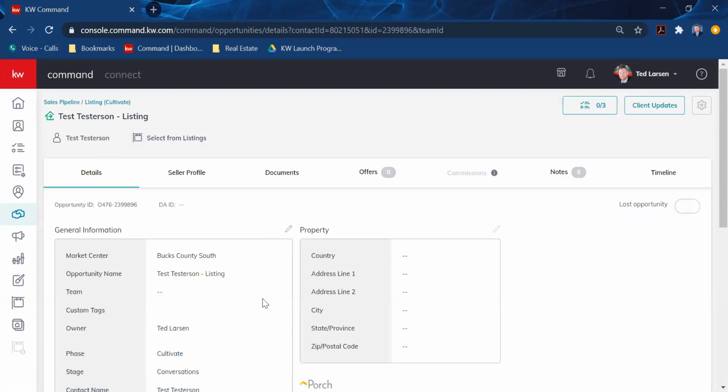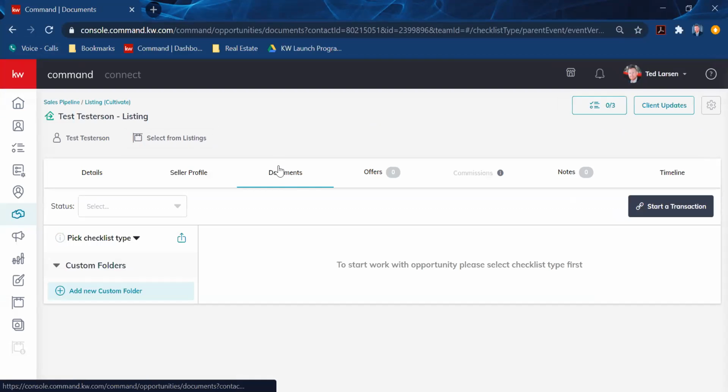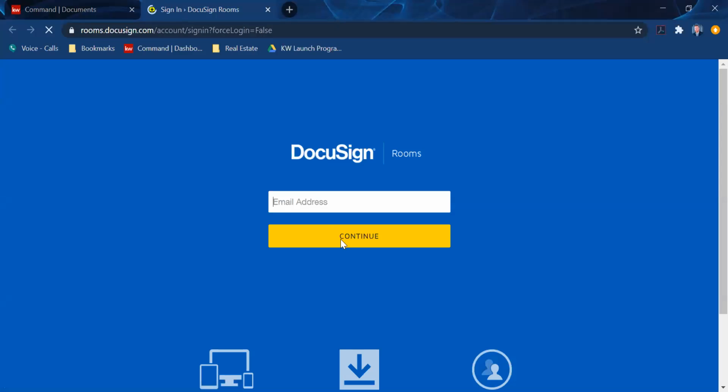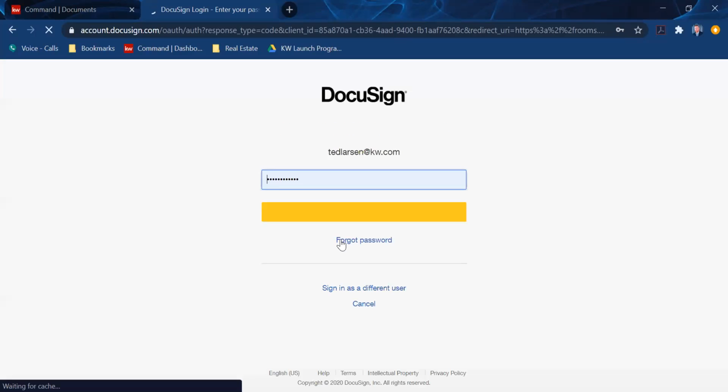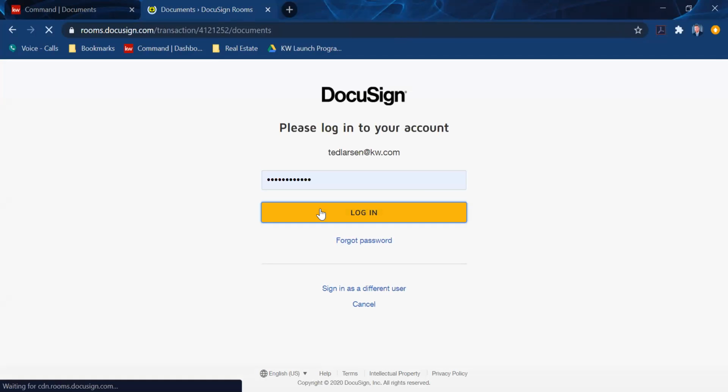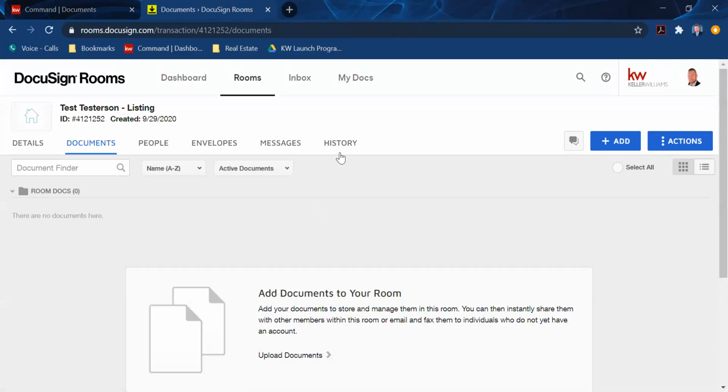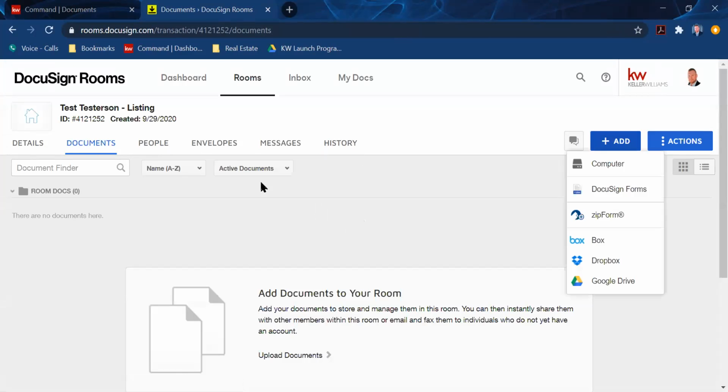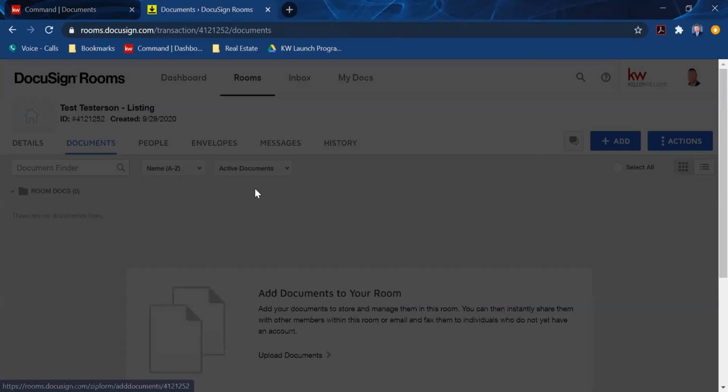Right, so you can fill in this information. What we want to do is go to the Documents tab, and this is going to be your checklist as well. When we start a transaction, it's going to automatically link your transaction name to DocuSign. Let me just log in real quick. Now, this isn't a DocuSign class, so we're not going to go through the actual steps of doing the full transaction through DocuSign. That's another class in itself. But once you have already created